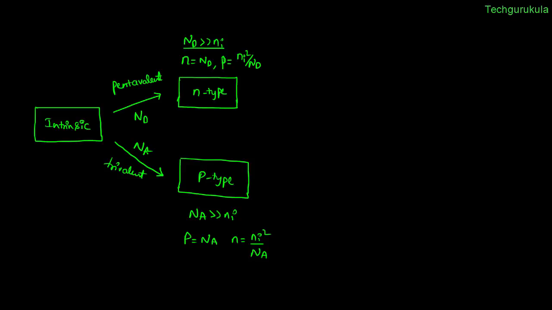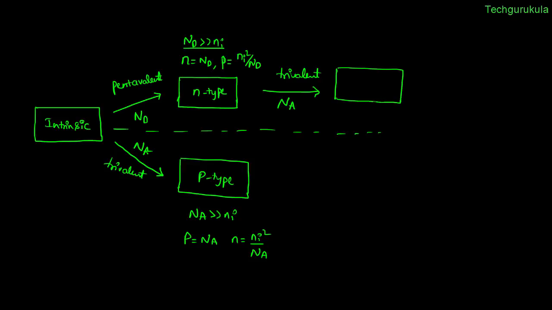And then we have other cases where, let's say we have this n-type semiconductor, and what if we choose to dope this n-type semiconductor with trivalent? When we try to dope this semiconductor with trivalent, let's say the doping concentration is Na, and let me assume the example we are looking at at the top of this line is a separate case compared to the bottom one. So let's not relate Nd and Na from the top example to the bottom one. So now, having said we are doping this n-type semiconductor material with Na, we are getting